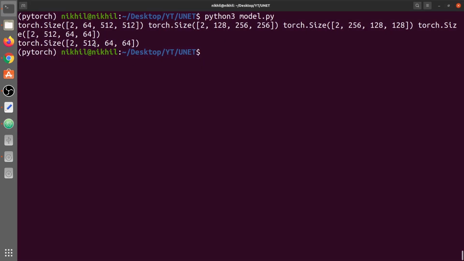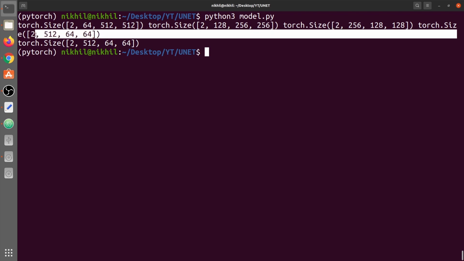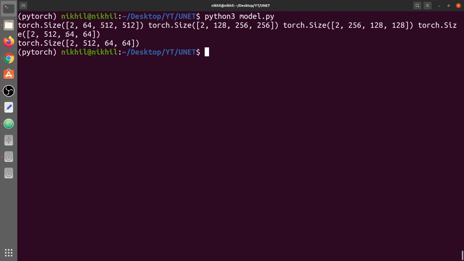Here, the number of output channels is 512 and the height and width is 64 by 64. So we need a skip connection with exactly the same shape. You can see this last skip connection, S4, has exactly the same shape and the same number of features. So we'll concatenate this S4 with the output of the transpose convolution.